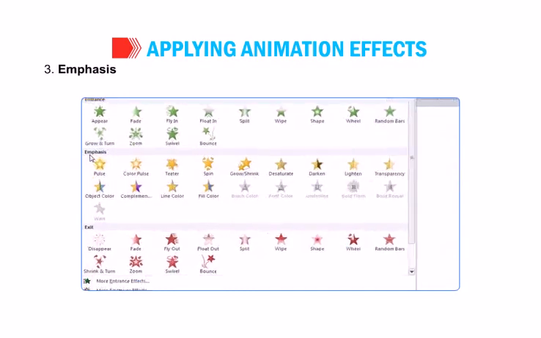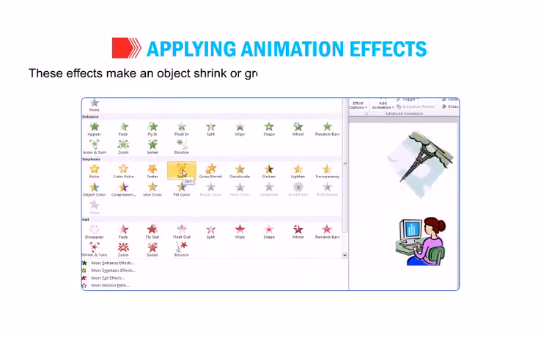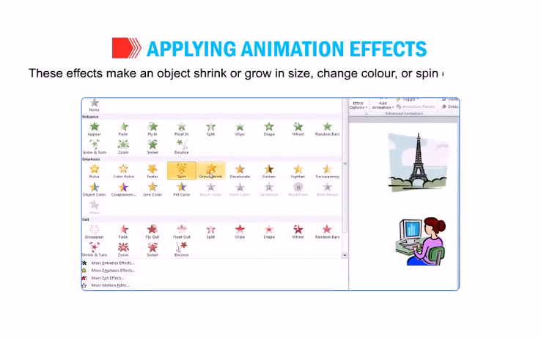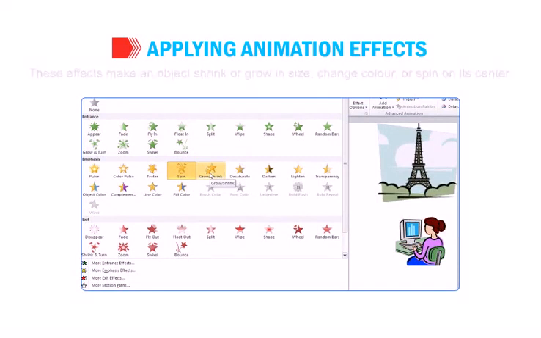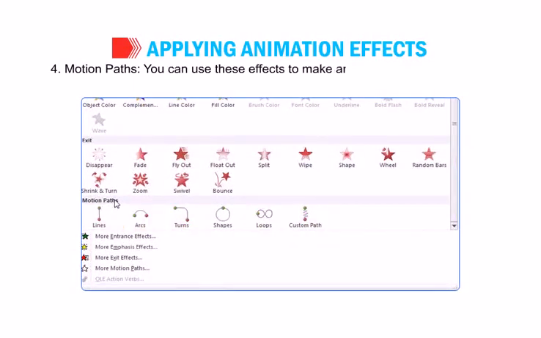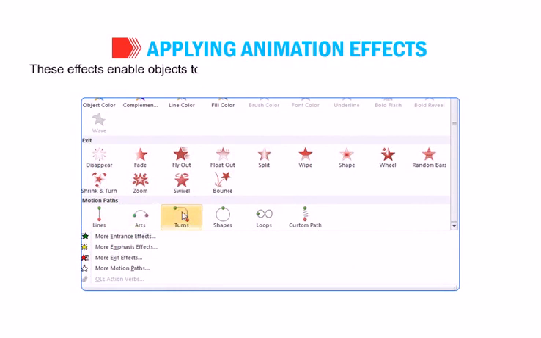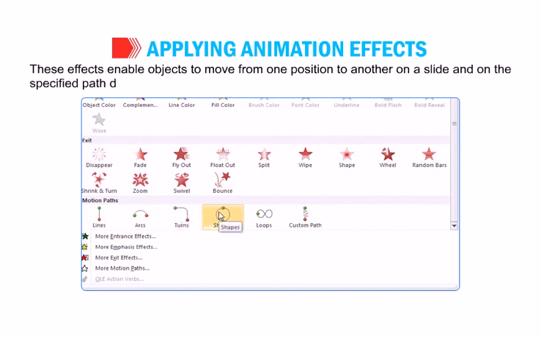Number 3. Emphasis. These effects can be seen when the object is on the slide during the slideshow. These effects make an object shrink or grow in size, change color or spin on its center. Number 4. Motion paths. You can use these effects to make an object move up or down, left or right, or in a star or circular pattern, etc. These effects enable objects to move from one position to another on a slide and on the specified path during